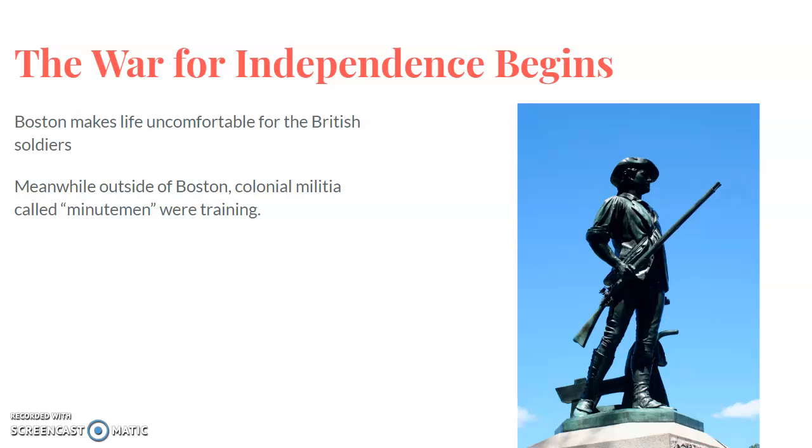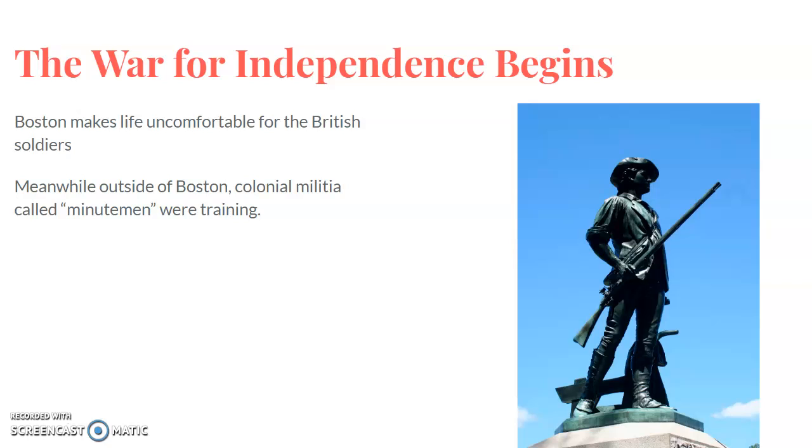They needed some barracks, and somehow no carpenters or bricklayers could be hired to build the barracks, and they couldn't even find any lumber for sale. And the general of the soldiers ended up having to order out to Nova Scotia to get his troops some winter quarters. So life is uncomfortable for the British, or anybody who is for the British government,